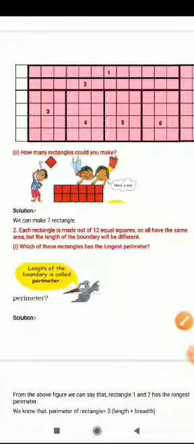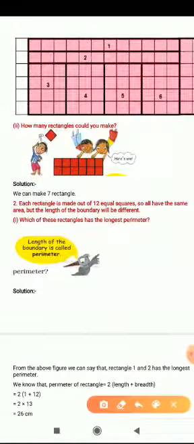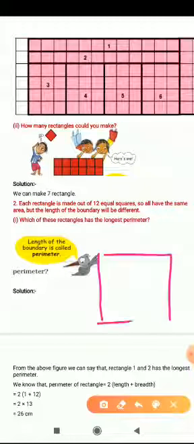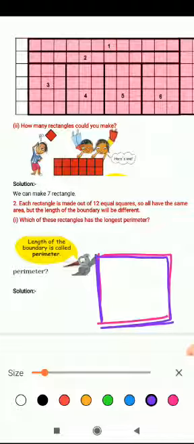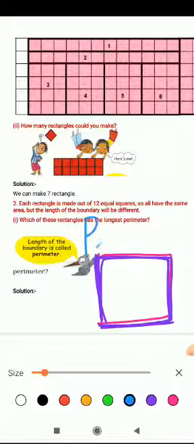Now, second is perimeter. Let's understand what is perimeter. Again, I am drawing one square over here. Now, you can observe the outer line. Okay, this outer line of the square, or we can say the boundary, only the boundary, the outer line of the square is called perimeter of a square. I am writing over here perimeter.